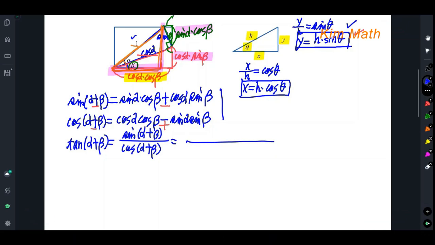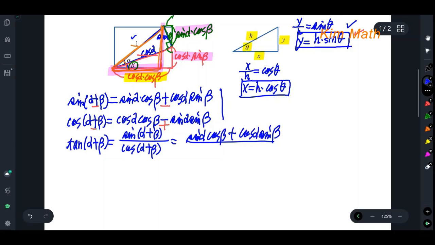So sine of alpha plus beta will be sine alpha cosine beta plus cosine alpha sine beta, and the denominator cosine alpha cosine beta minus sine alpha sine beta. Okay,